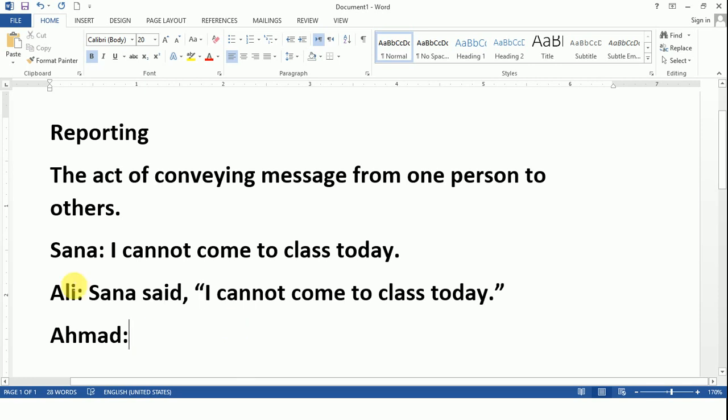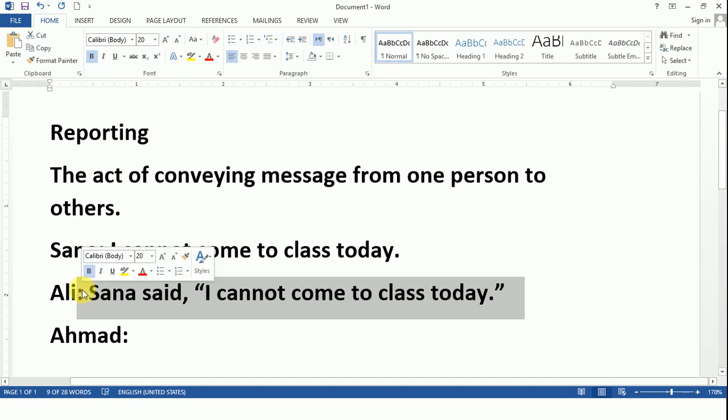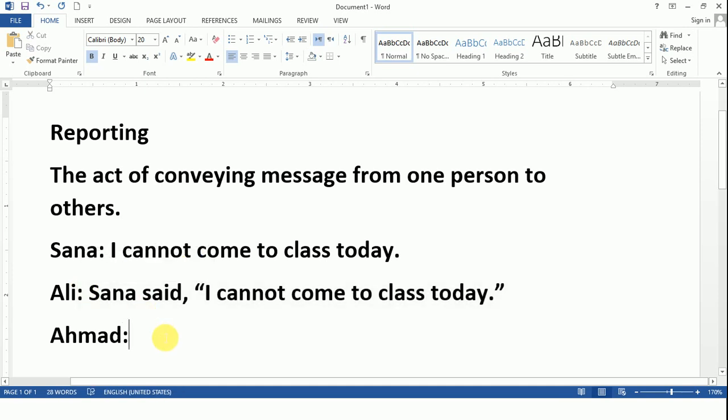So now this is direct speech, because Ali didn't add anything here. Whatever Sana said, he copied the same sentence, conveyed the same words, in her words. He quoted her, right? Now if Ali conveys Sana's message to Ahmad in different words, for example after two or three days, he would say, Sana said,